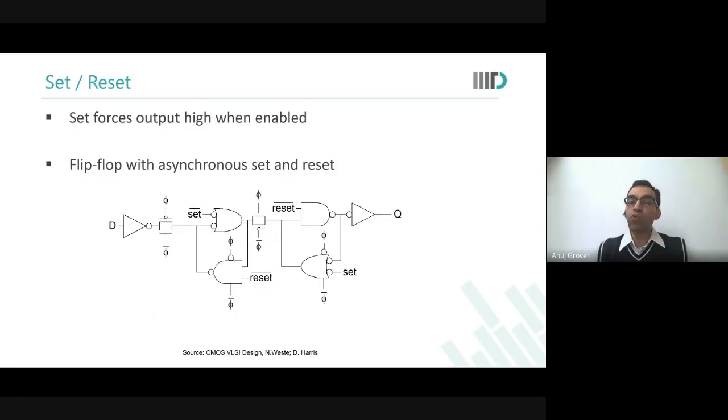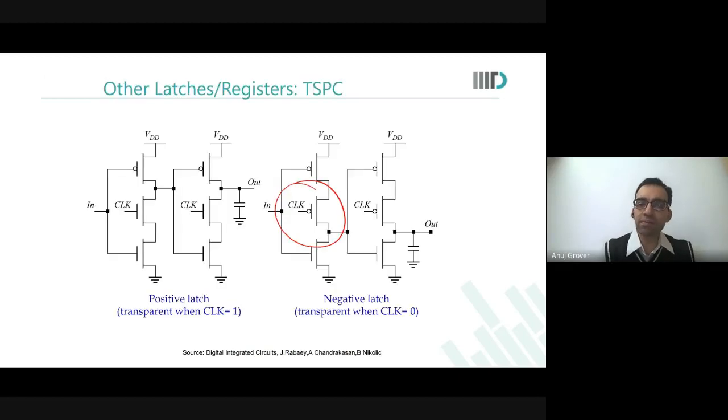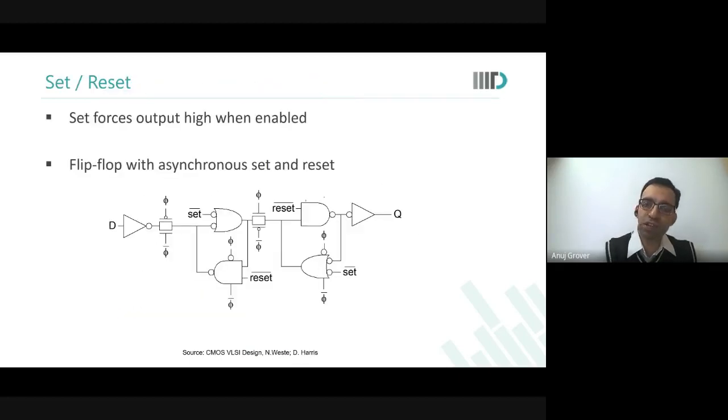So if you want to actually design a set reset flop, that is, you want to really control the output, then you have to have an AND gate. So this is an asynchronous one. NAND gate, sorry. You have to have a NAND gate and also a, what do we call this? Controlled NOR gate, whatever. So it becomes a little more complex.